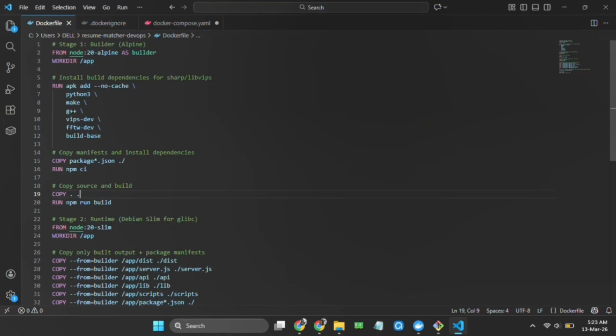So let's understand the Dockerfile. We must know that the purpose of a Dockerfile is to create a blueprint of our application. The Dockerfile consists of syntax and it creates the application in a container. You create a Dockerfile, you build it, and it becomes an image. When you run that image, it becomes a container, which is an app in itself.